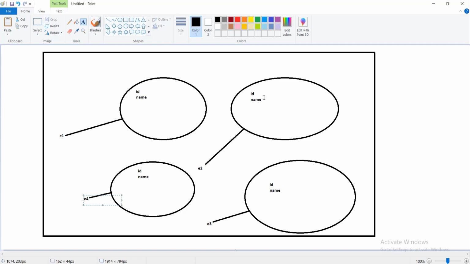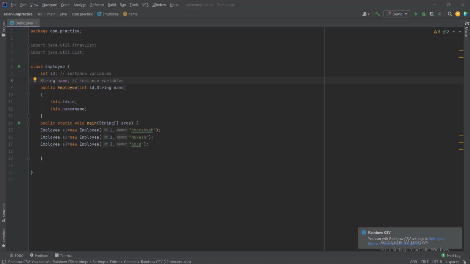They are dependent on the object. For every object there will be a separate copy of the instance variable in memory. Sometimes instance variables are also known as object variables because they are specific to an object, right? And the default value of int id is 0, and in case of String name, the default value is null